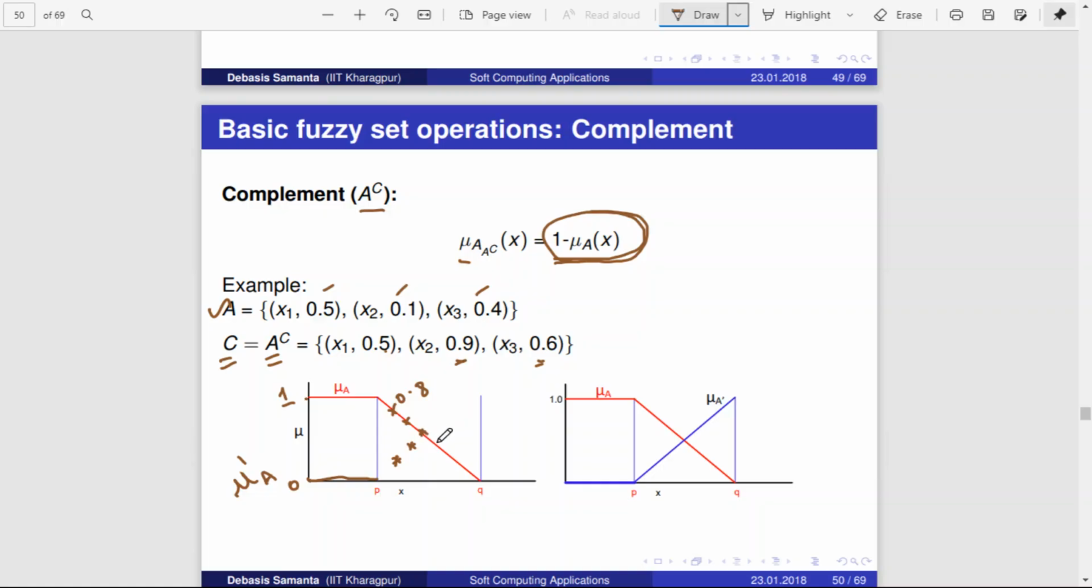Okay, if this point is 0.6, then you will get 1 minus, see this point is 0.4, then you will get 1 minus 0.4, 0.6, so you will get somewhere here. So the resultant graph will be something like this, right? So this is the membership function corresponding to A, and the membership function corresponding to A complement will be like this, right? So that we got this graph. So this is the graph corresponding to A complement, whereas this is the one corresponding to A,